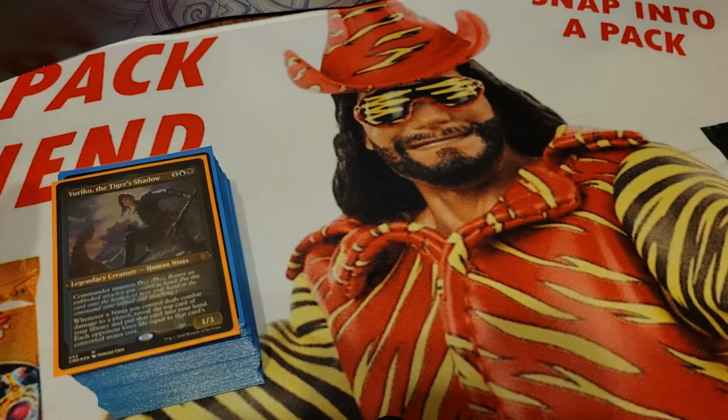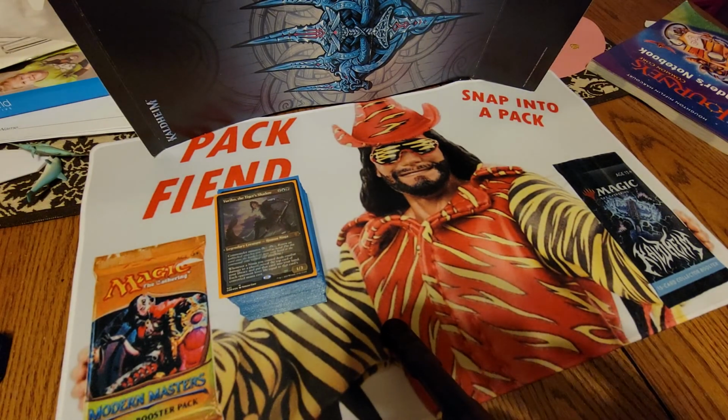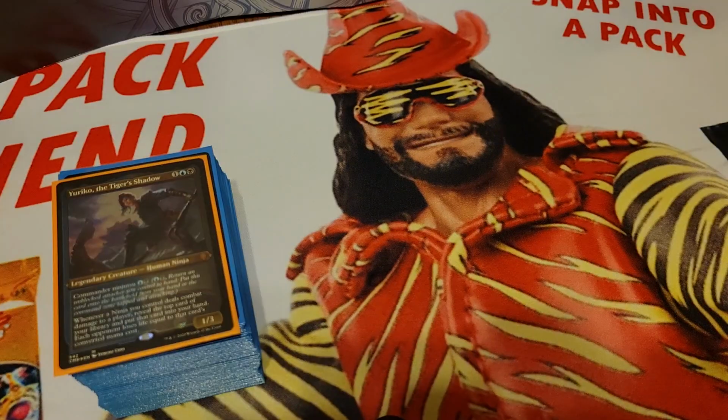Also, I got my new playmat here with Macho Man Randy Savage on it, and then I got my name. It says Snap Into a Pack, and it's a picture of him holding 2 packs of cards. I'll zoom out a little bit so you can kind of see the whole thing, but I got that custom made at Inked Gaming. So that is really cool, and that'll be nice for when I open up some Strixhaven